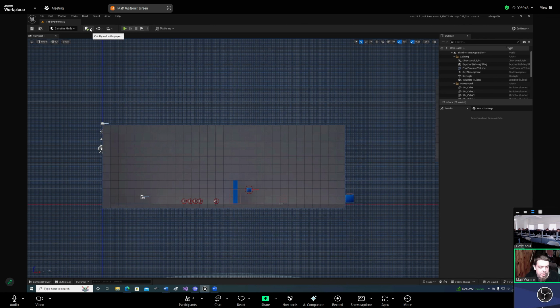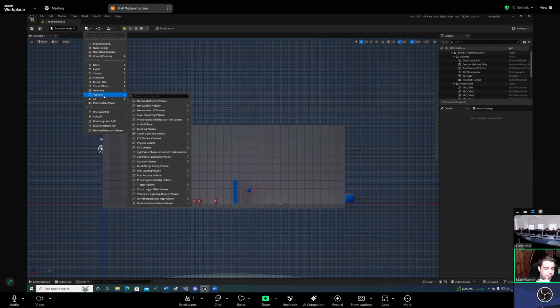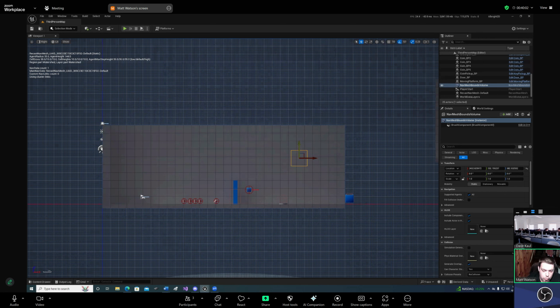The first thing we need when we're going to do AI stuff is a nav mesh volume, or you need to do an environment query system. We're not going to get into environment query stuff, so we're just going to do the nav mesh. The way this works is anything that is enveloped by the nav mesh volume,